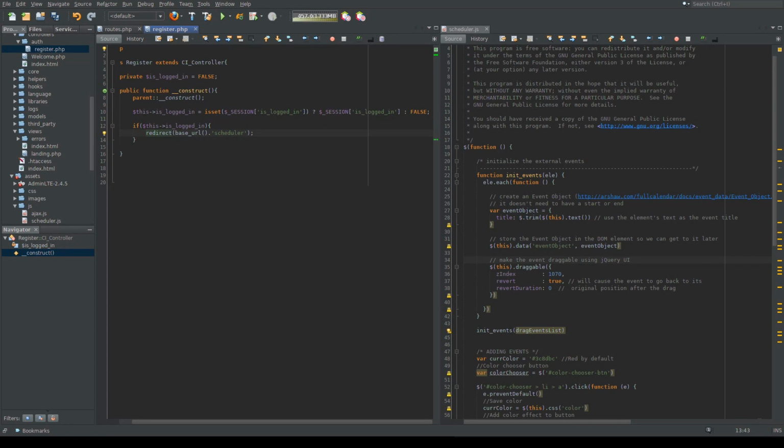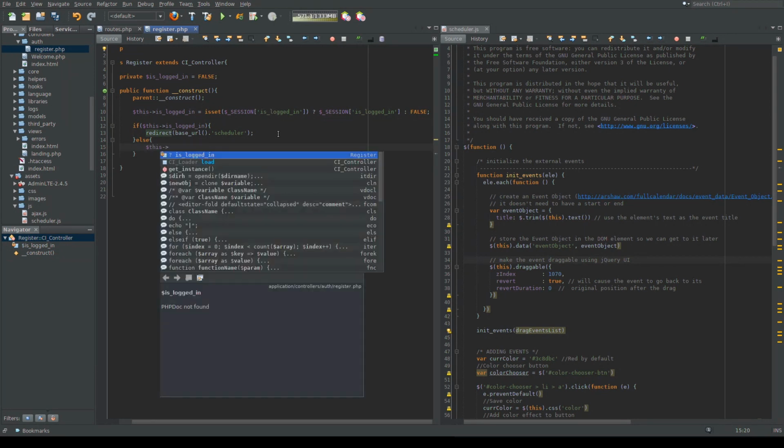So we're going to redirect to scheduler, and that's going to be where our events calendar app is going to live, under that URL. And then if they're not, we'll say else